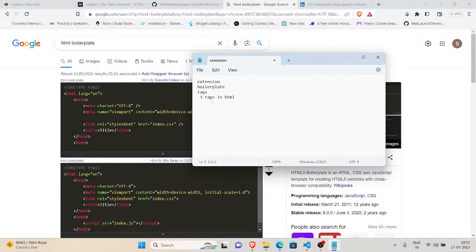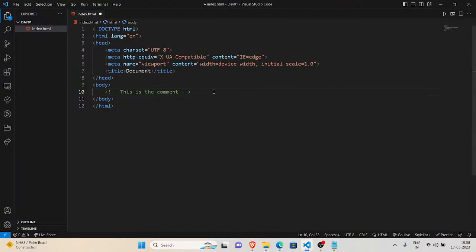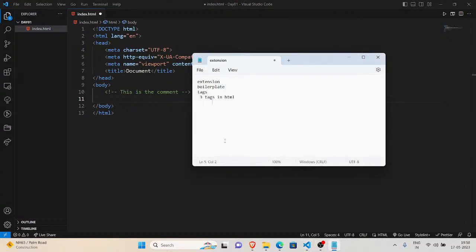So guys, there are three tags in HTML. First one is the normal opening tag. Second one is the close tag. Any guess about what would be the third tag?